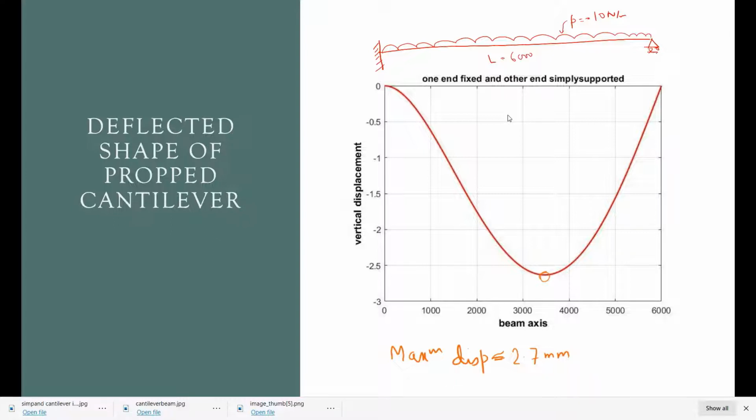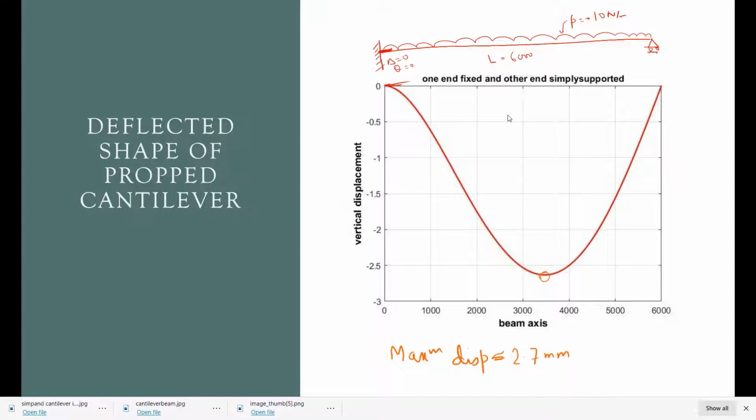This end is the fixed end, where the deflection as well as the slope is 0. So delta is 0 as well as slope is also 0. If you make a tangent at this point, it will be horizontal, so it will be 0.